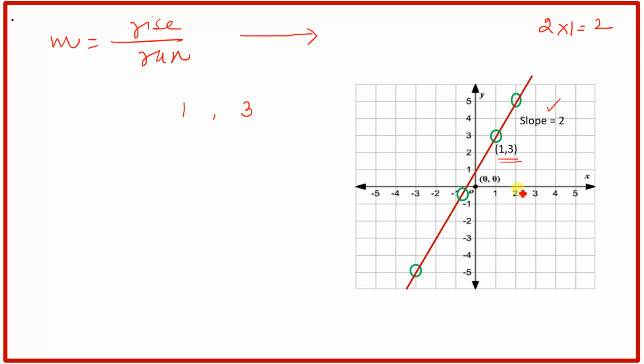We are moving 1 point towards x-axis in the positive direction, so our next point will be 2, 1 plus 1, 2, this one. Now we have to find out the y, where we have to put here on the y-axis. So 2 into 1, because slope is 2, 1 time 2, and initially we had 3, so just add here. Our second solution set will be 2 and 5, this is our second point,